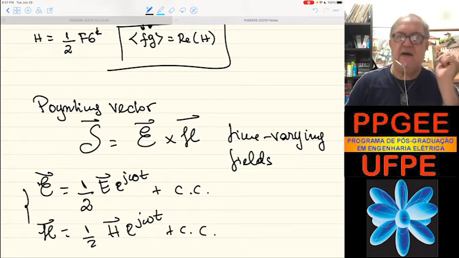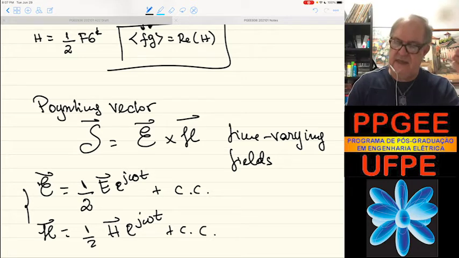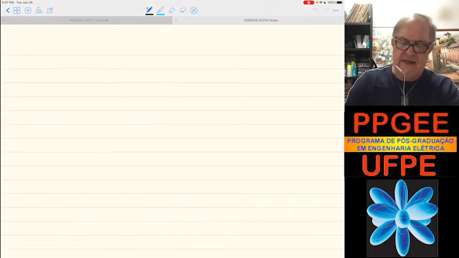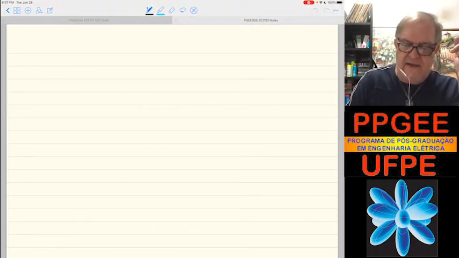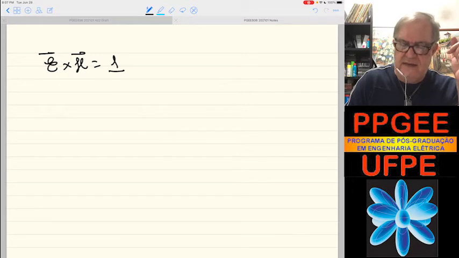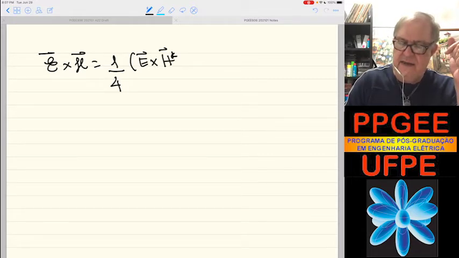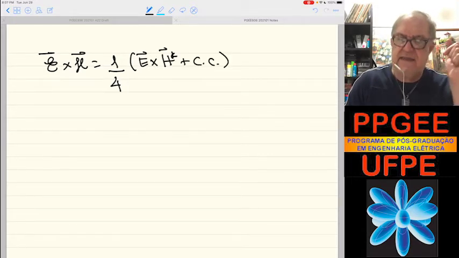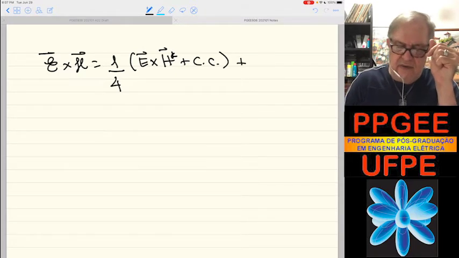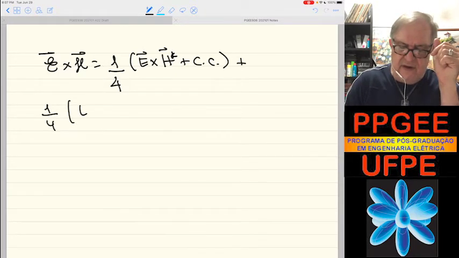So we can make the cross product. We are going to have the same things that we just did for the scalar quantity. So we're going to have E cross H equals a quarter, right, of E cross H conjugate plus the complex conjugate, which doesn't depend on time, plus 1/4 of E cross H exponential of j2 omega t plus conjugate,